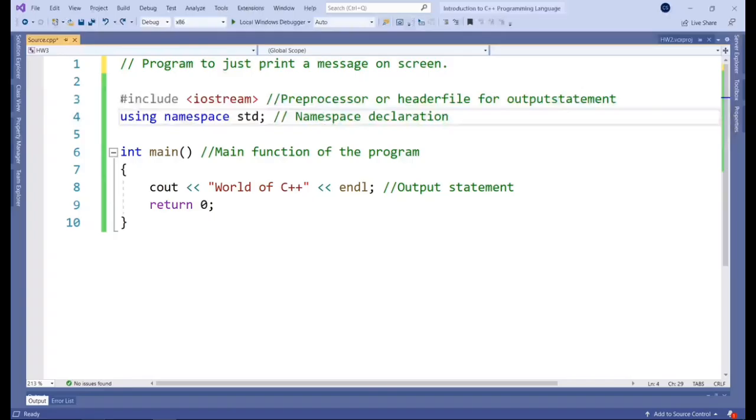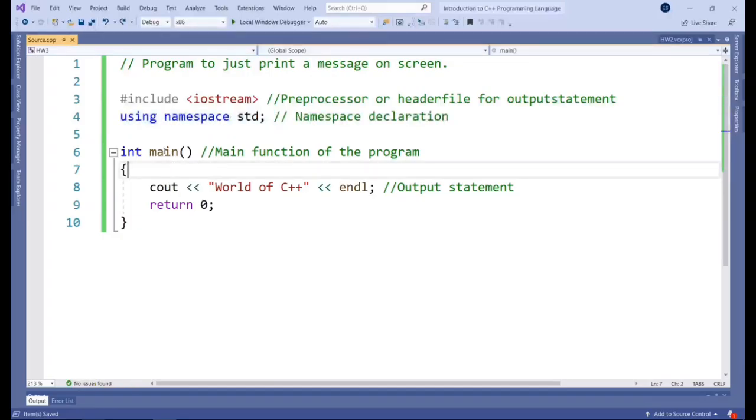We've got here an include statement. So we're using the preprocessor of iostream. That's the name of the module, and we're going to be needing this for the outputting of the text. Next, we look at the using namespace declaration. This tells the compiler which dictionary we're using, which sets of unique words we're going to be using throughout the program. If you get rid of this, for example, then endl will stop working, cout will stop working. So it's really important that you don't forget to put that in.